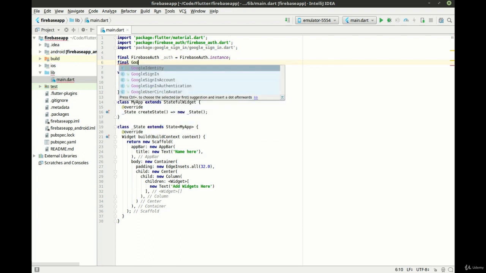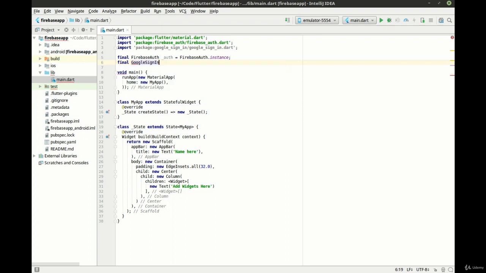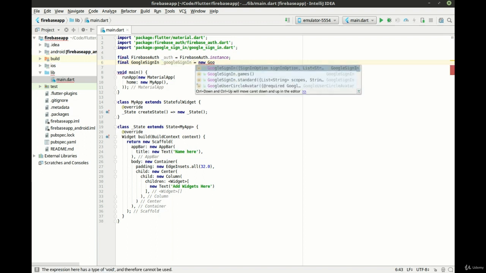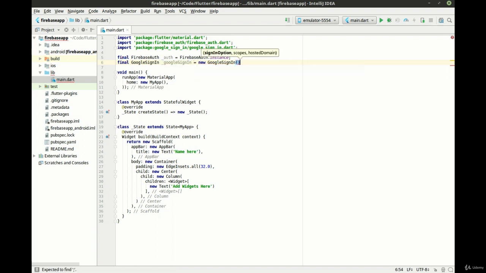And just for good measure, let's do Google sign in as well. There we go. Now we've got an auth and a Google sign in.